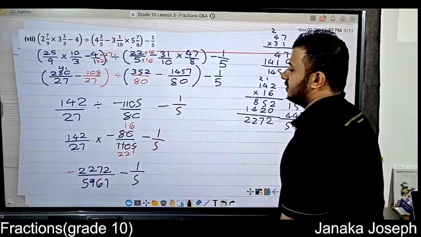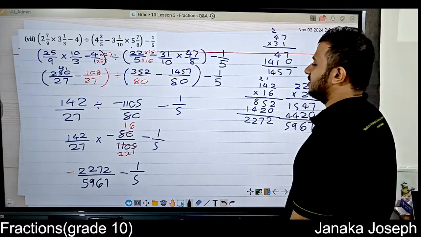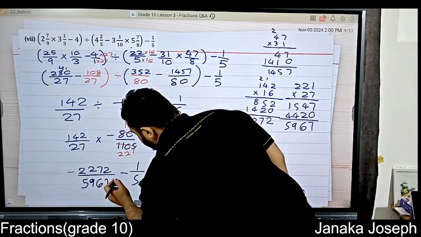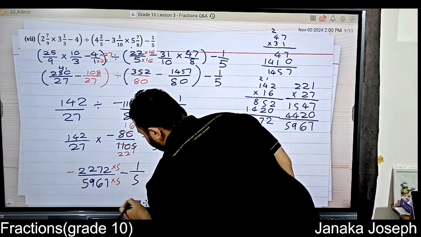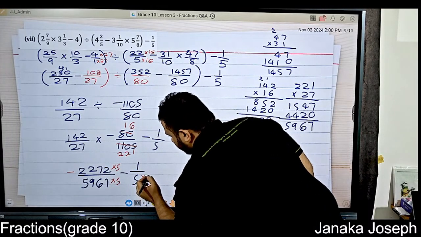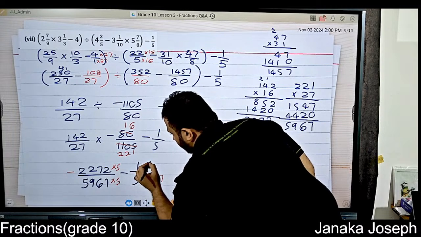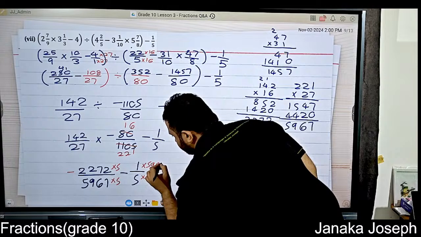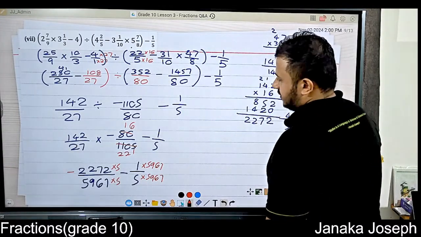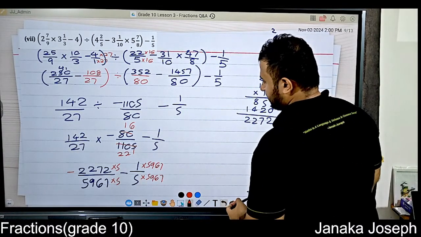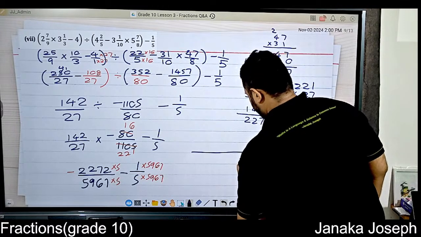Again, they will meet each other when you multiply it. Multiply by 5, multiply by 5, multiply by 5967, multiply by 5967, and that will give us the denominator of